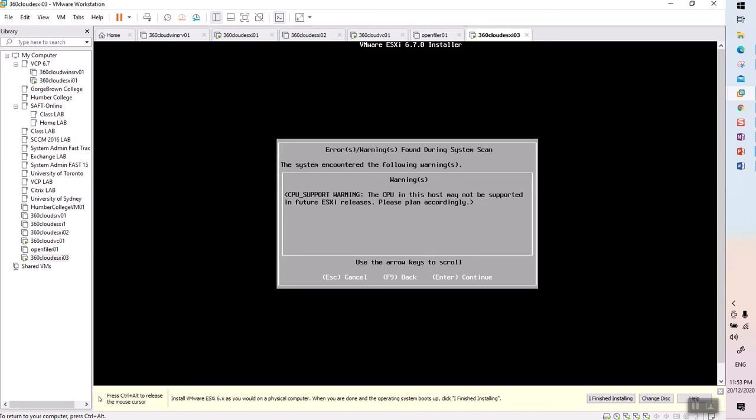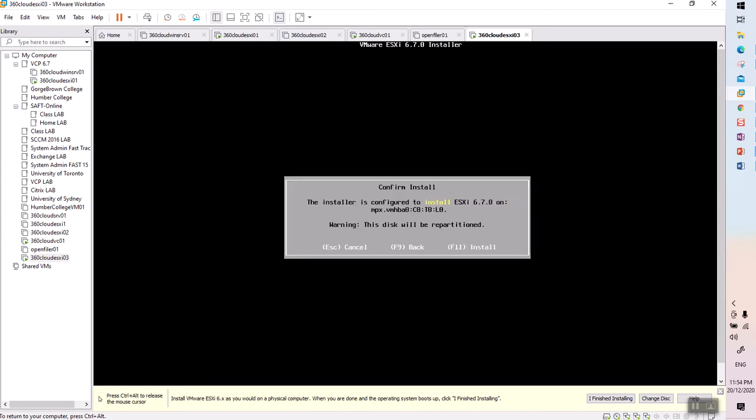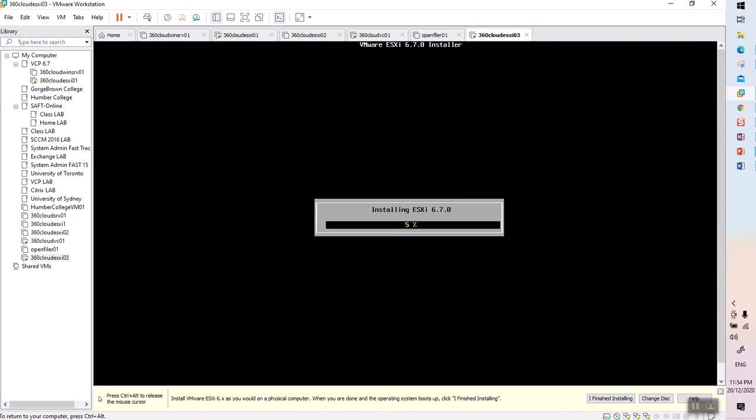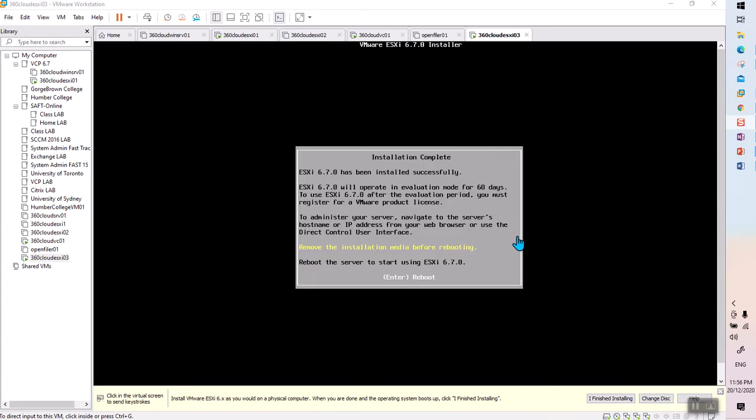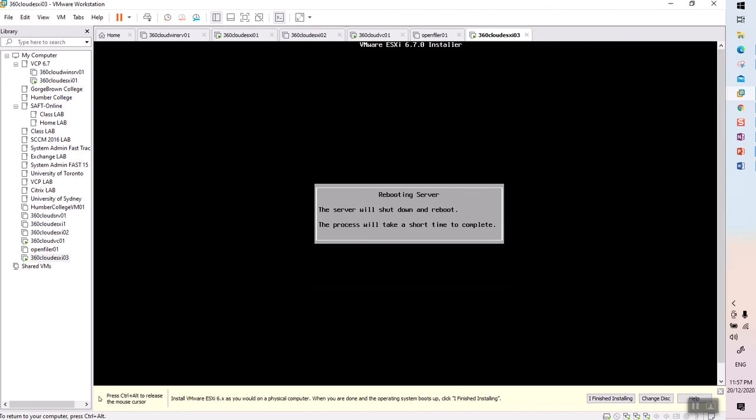So here it's just giving me a warning for the CPU, but that's fine. I'm just going to click enter, and for installation I'm going to click F11. So F11, and the installation will continue, and so I'm going to pause the video here. I'm going to press enter for the reboot, and once the reboot is done, I'm going to just wait for